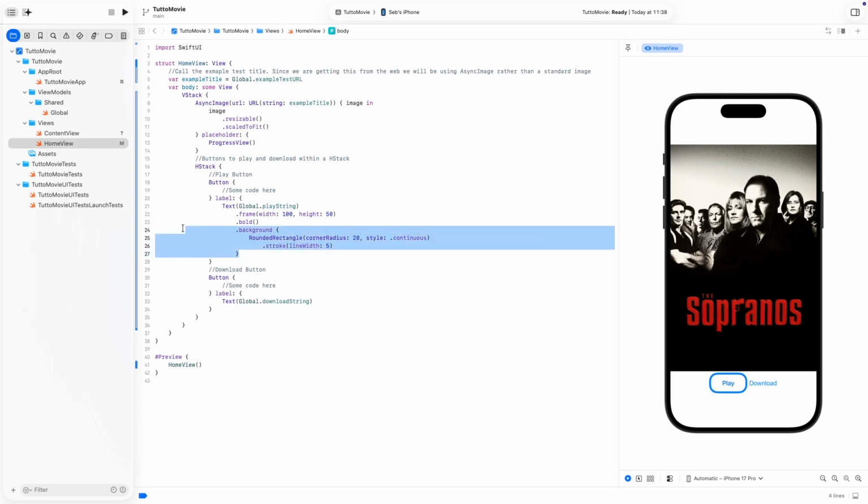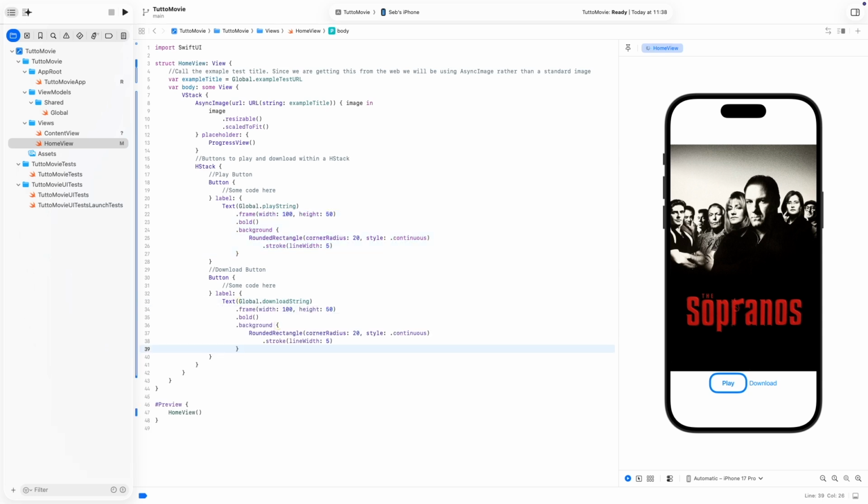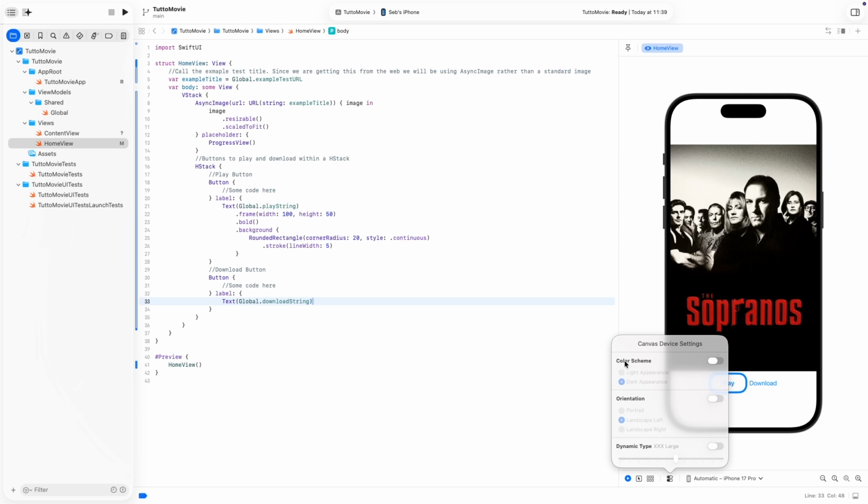Nice. Now this is a good place again to practice some good code and DRY, do not repeat yourself, because we could just copy and paste it for the download button, but instead we're going to create an extension in our Global struct, in our Global file, and then we'll be able to just call it in both the play and the download buttons. So we'll remove it from the download button,